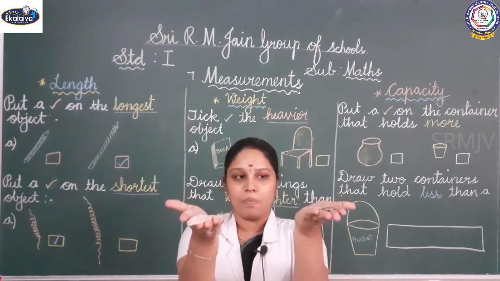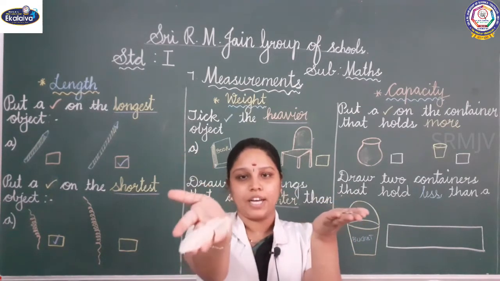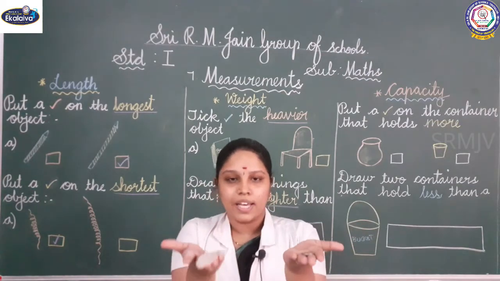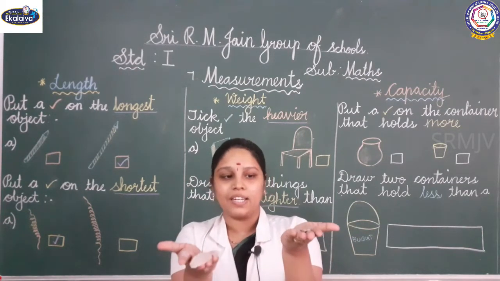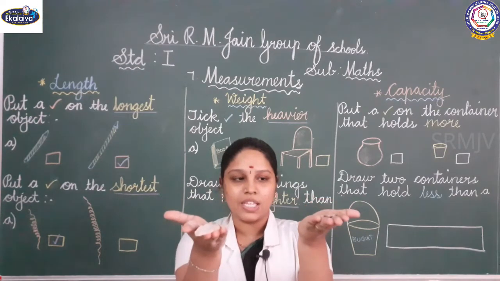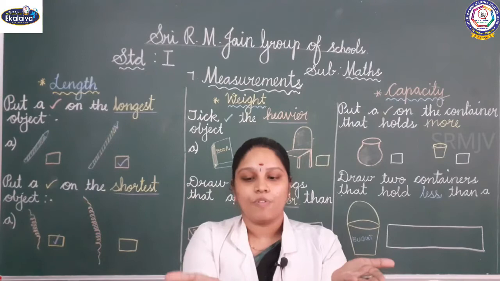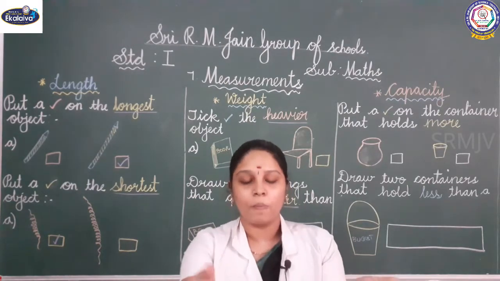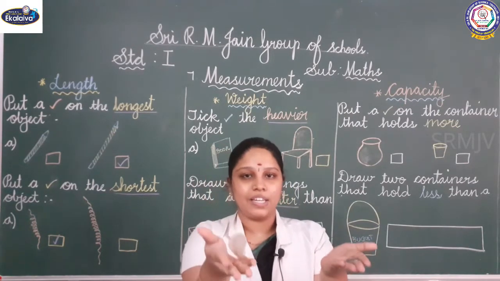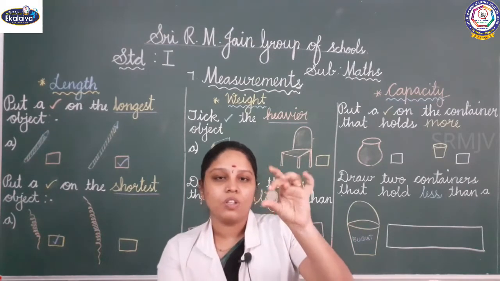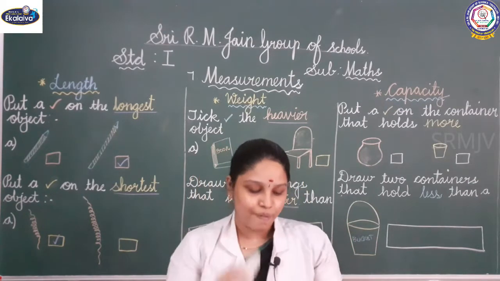Now I am holding a coin and a feather in my hand. I can feel which is heavier and which is lighter. By comparing these two things, I can feel the coin is heavier than this feather. See, the feather is flying, no? So it's the lighter one. I have shown this coin is heavier than this feather.